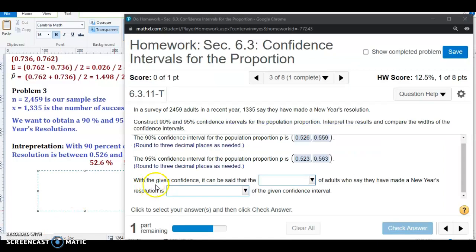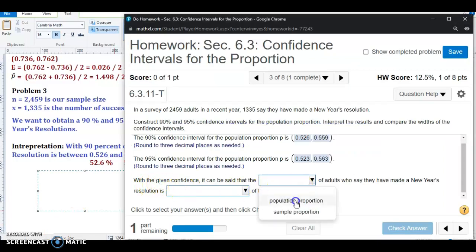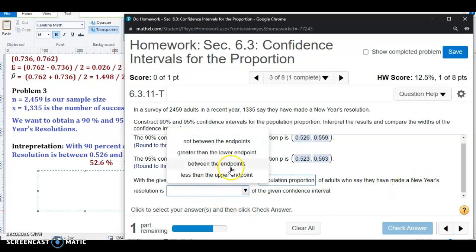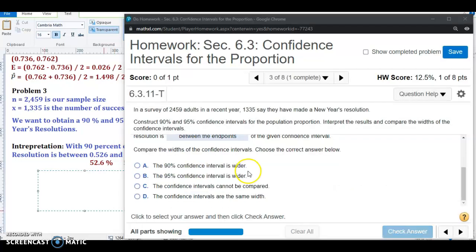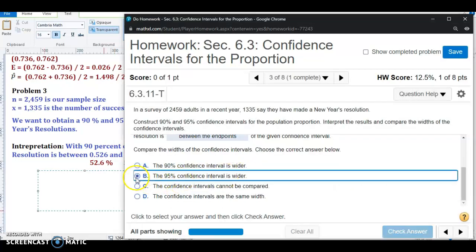To answer the question with the given confidence, it can be said that the population proportion of adults who say they have made a New Year's resolution is between the endpoints of our confidence interval. And lastly, the 95% confidence interval is definitely wider